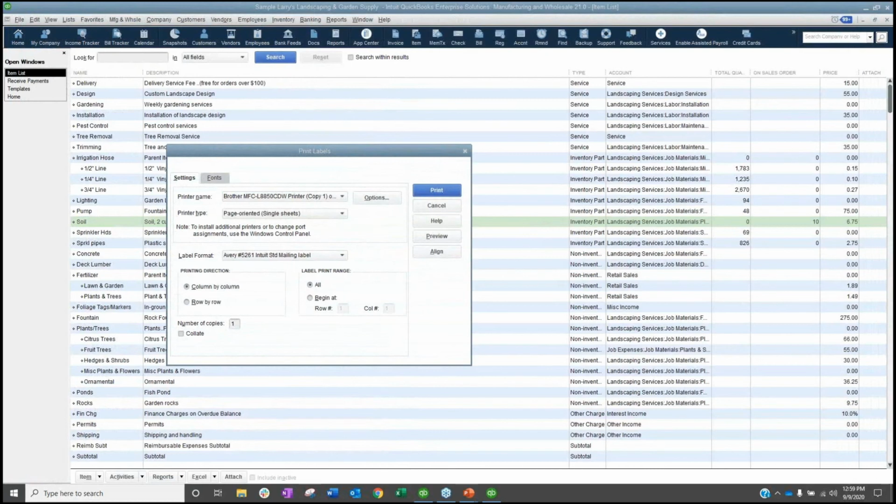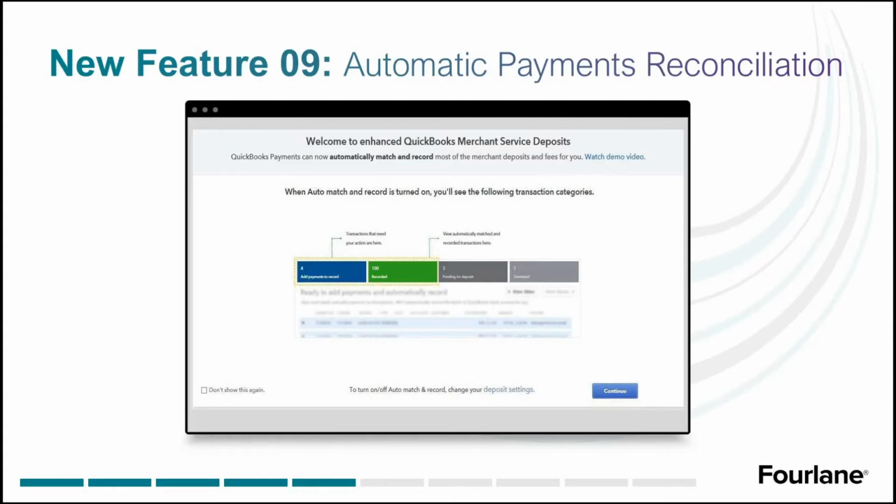Hopefully a lot of people, because it makes life a lot easier, right? Because it does reconcile itself. All right, let me show my screen. So they have a new look to payments reconciliation. So it kind of has a look of what the online banking has, right? Or bank feeds. So it allows for booking credit card fees faster.